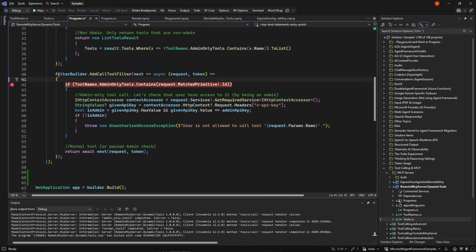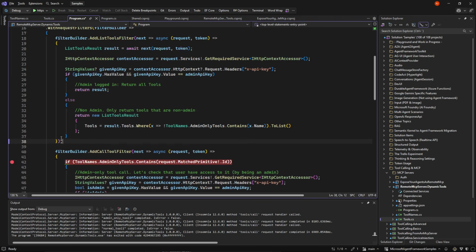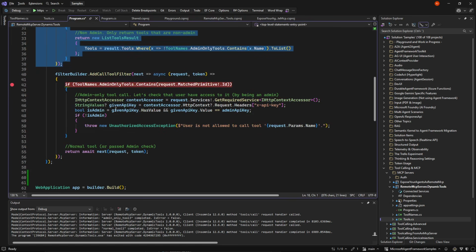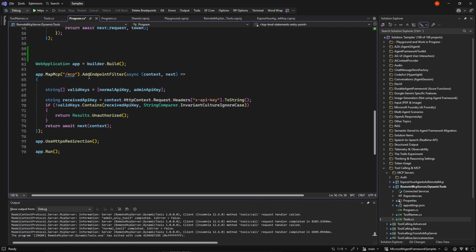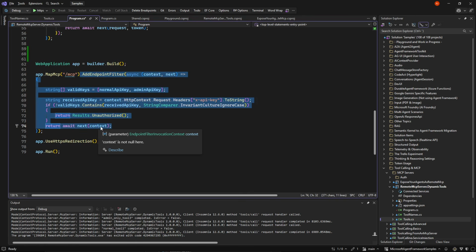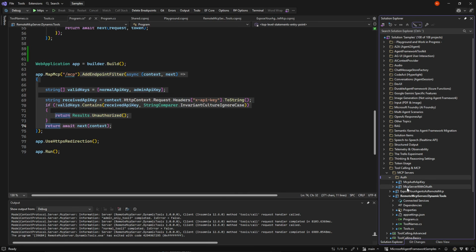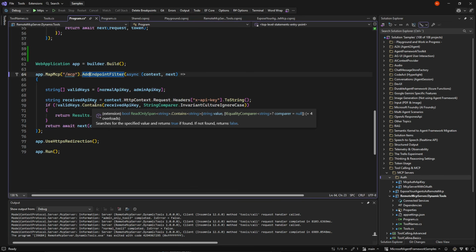And if we do that, and we then call our tool, if there's a way we get around this, we still block the user. And in order to get authentication in the first place, we just add the endpoint filter or one of the other ones from the previous videos on how to do authentication for an MCP.